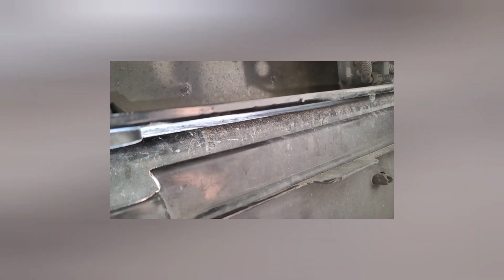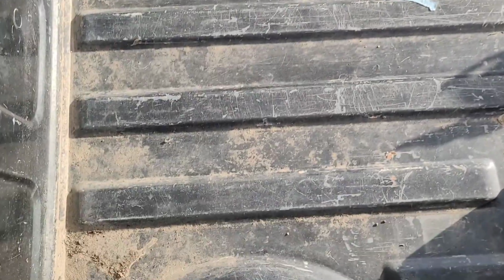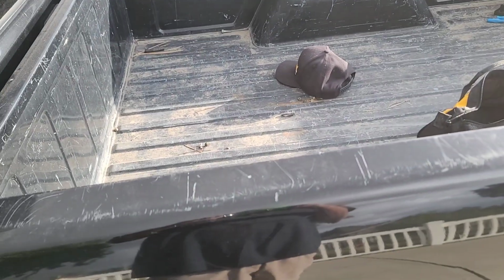License plate bulb right there. License plate bulb right there. And in the front, I showed you guys the ones in the back. In the front, I already have it down. It's not down on the ground, but there's going to be somewhere about right here, and somewhere about right here, there's going to be 2 more 15s you got to get out. Same thing on the other side. And when you get those out,